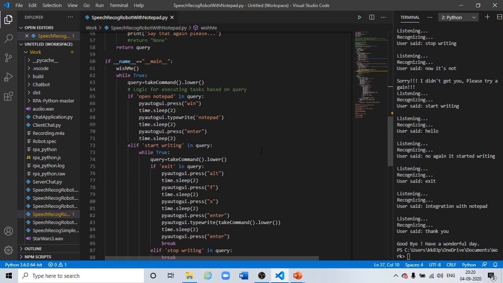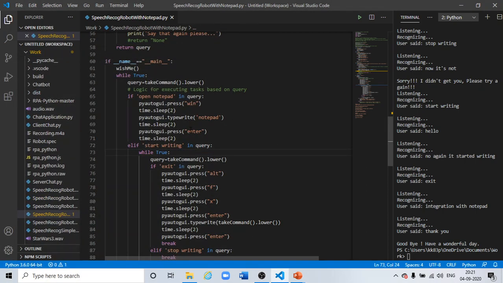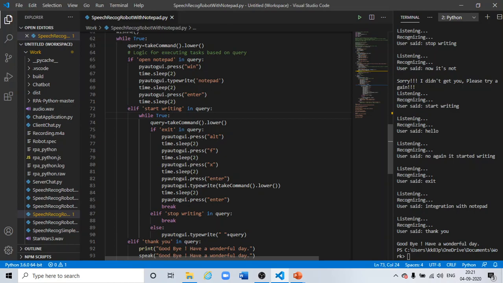So here is the main part. As I said, when I started, I gave the instruction to open Notepad, so it opened for me. First it went to start, then typed Notepad here like this, and then enter. So once it started the Notepad application, whenever I said start writing, then only it went to this while